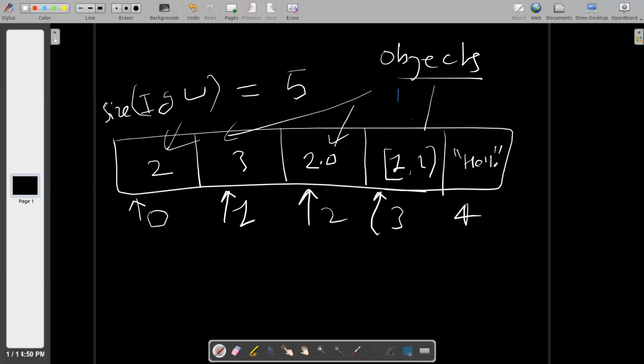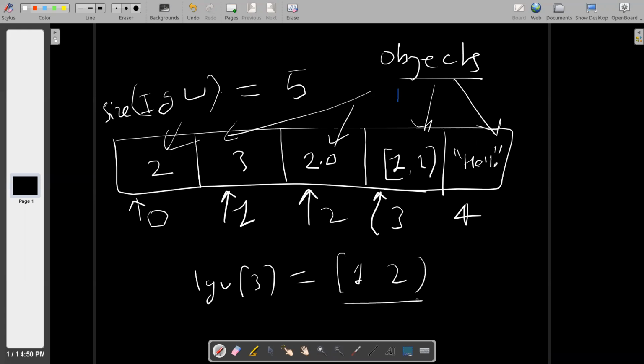It creates a location for 5 items, and that's why when you index with 3, whatever is stored at location 3, you get the whole object. Here in this case, the object is 1 and 2, so when you index it, you got 1 and 2 as the output. Is that clear?